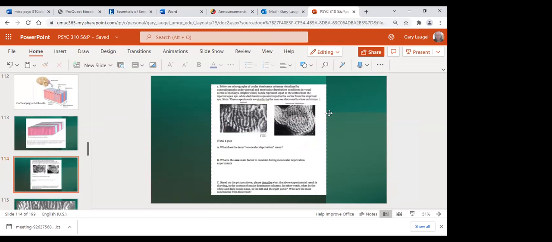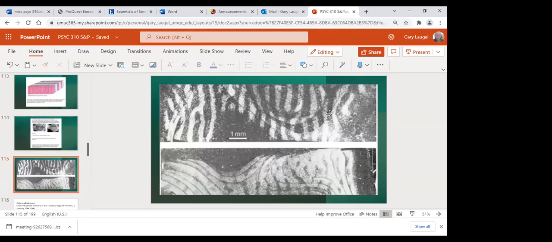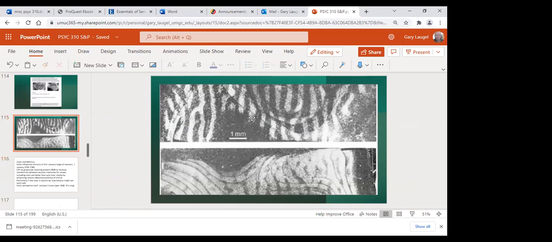This is what Hubel and Wiesel were very famous for discovering, in some of our other course material. What this is, it's probably not very obvious to you. These are bands, right? These are ocular dominance bands. And notice that in a normal cat, and just for comparison, this is 1 millimeter in size here. But notice what the research that Hubel and Wiesel did back in the 1960s and 70s found: